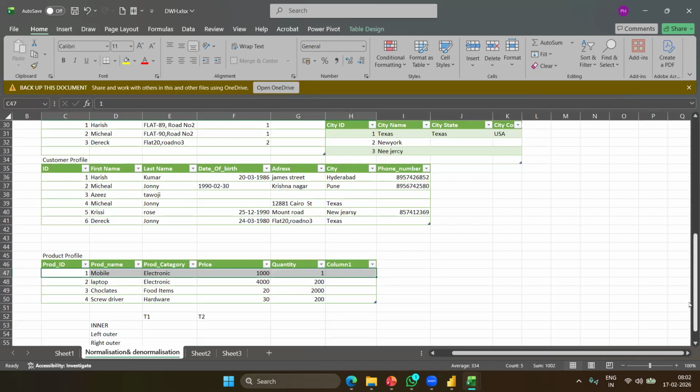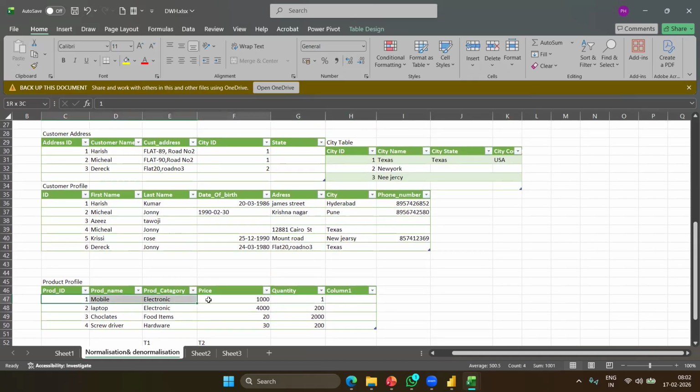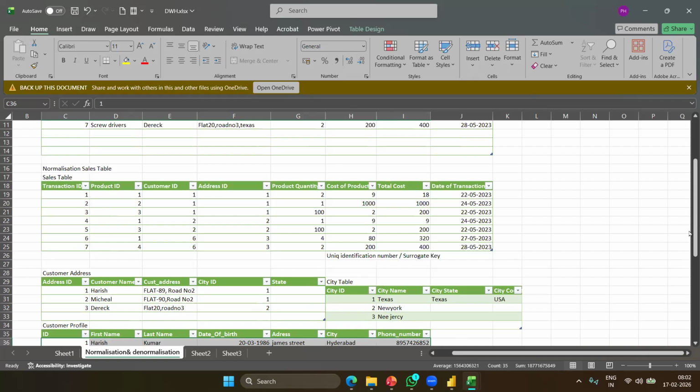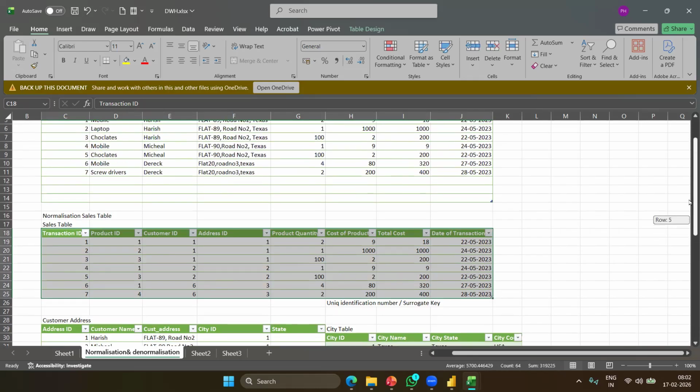Now, these tables where we store detailed information about the product, person or entity, we call dimension tables. Like a table has dimensions, a shape has dimensions, right? Those are dimension tables. And the tables that use the information from the dimensions and are used to capture the activities, transactions or observations are called fact tables. So the normalization concept is going to use fact and dimension tables to store the data, right?